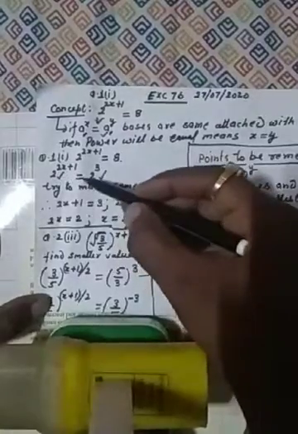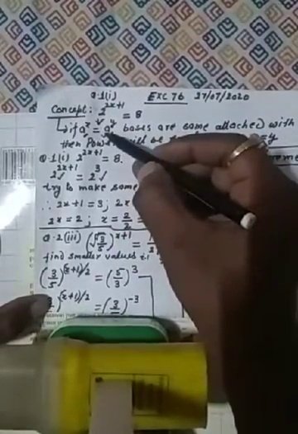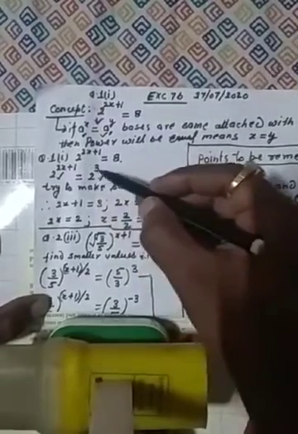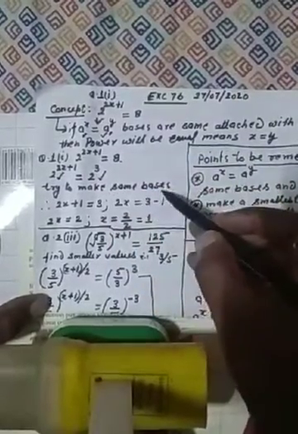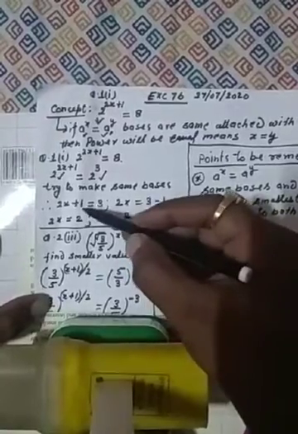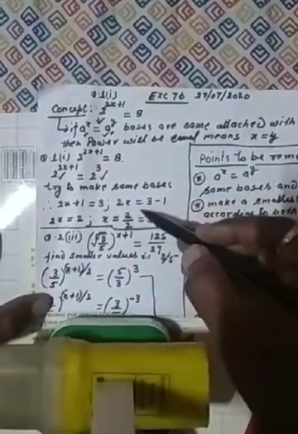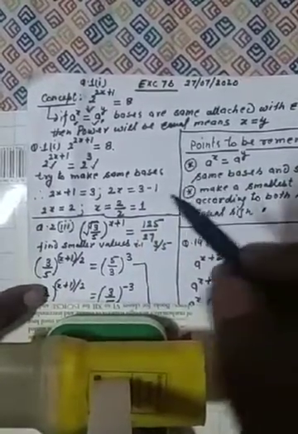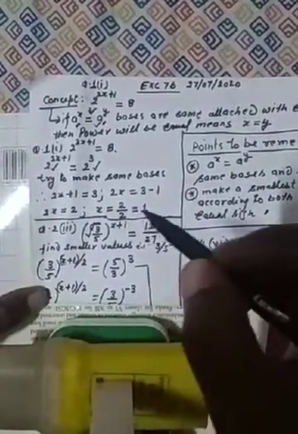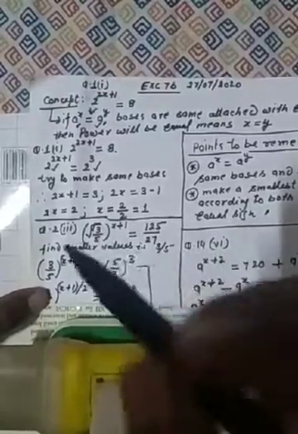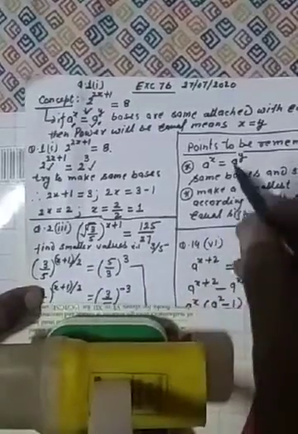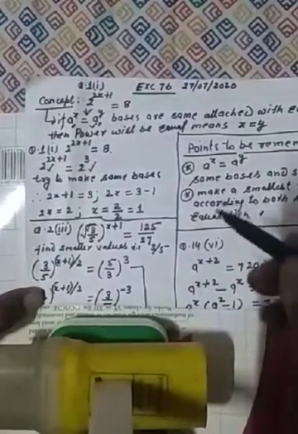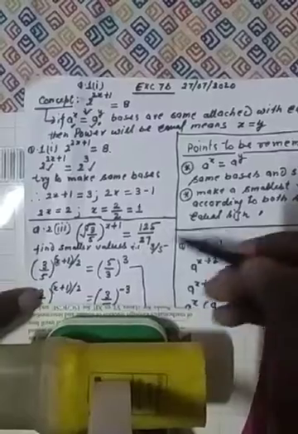So bases are same. Again apply this concept. Then the powers will be equal. Power 2x plus 1 is equal to 3. So try to make the same bases. 2x plus 1 is equal to 3, 2x is equal to 3 minus 1, and in this way we can solve the question. The concept, again I am telling you, is to make the bases same on both sides of the equal sign. Some points I have written over here, so you have to go through that and keep these things in your mind. The question will be easy.